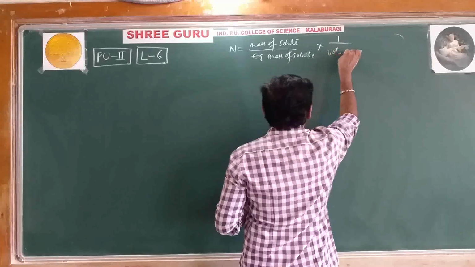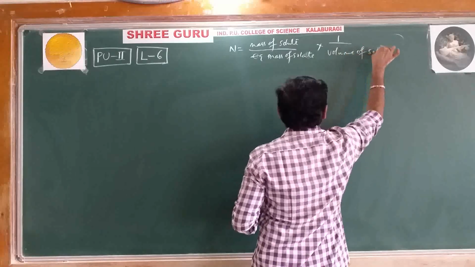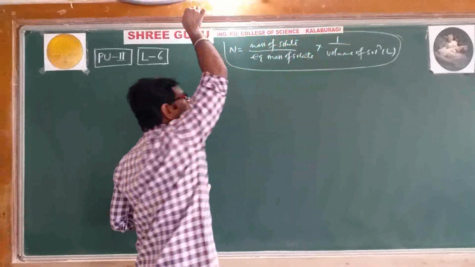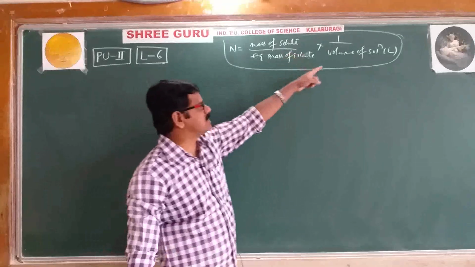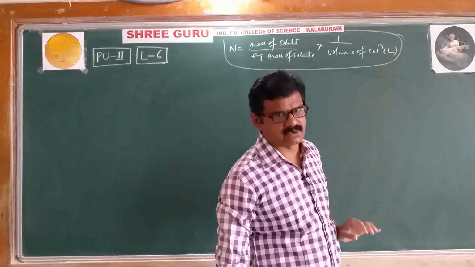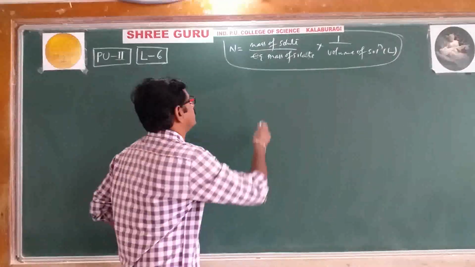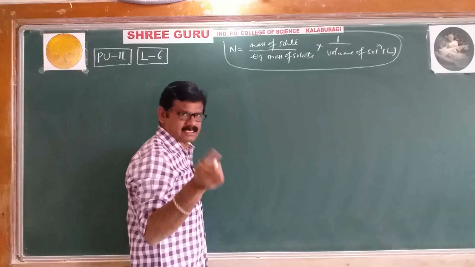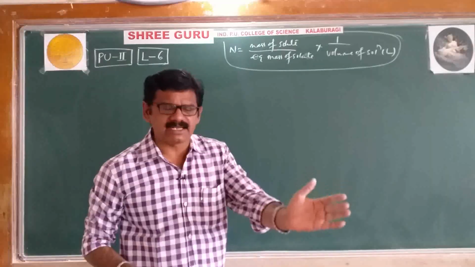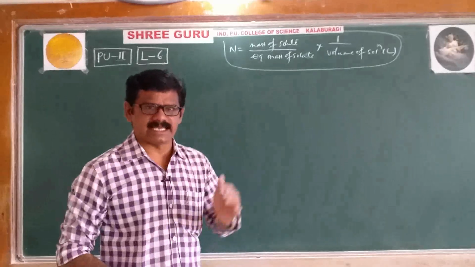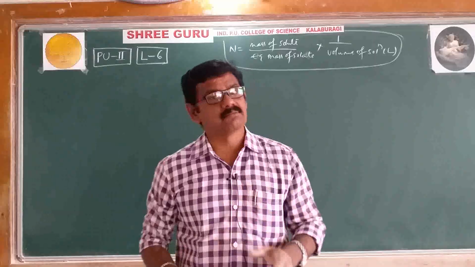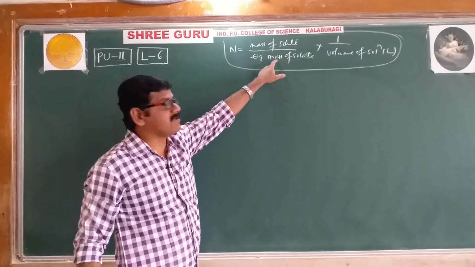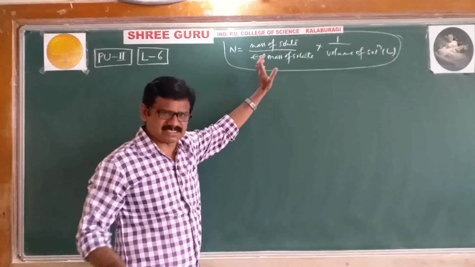V is the volume of solution in liters. If the volume is given in milliliters, use 1000 by the volume of solution in milliliters. Then mass by equivalent mass is nothing but equivalents, already explained. Equivalents are different, equivalent mass is different, just like moles are different and molar mass is different. Now our job is to find the equivalent mass of solute, the equivalent mass of various components.